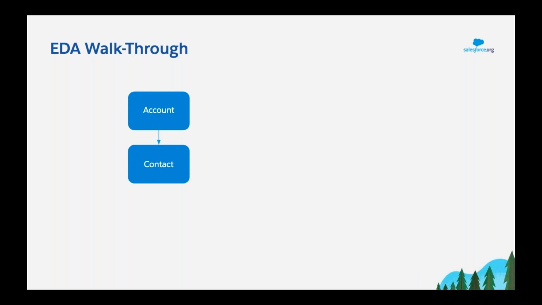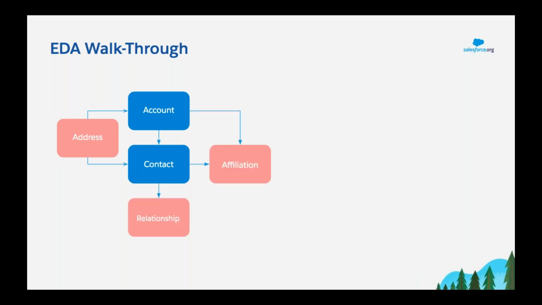Of course, we will also have the student's address or multiple addresses on file. And with that, both the account and by extension the contact would have at least one, but likely more, affiliations and relationships. When we talk about affiliations, these can be academic departments, sports teams, and any other institutions that this